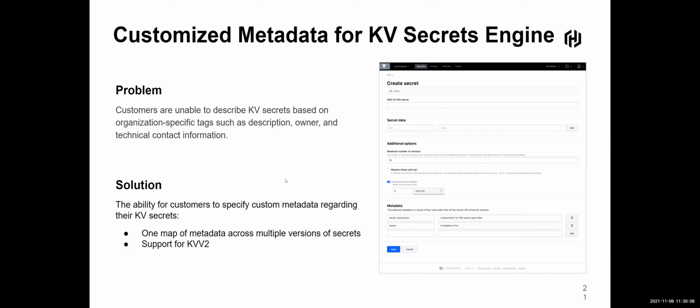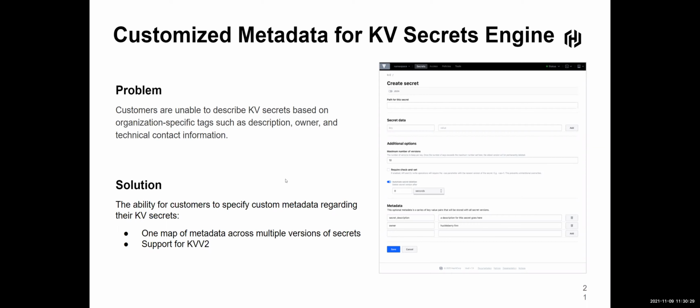So some customers have requested the ability to specify custom metadata for KV secrets. This is to help with providing tags such as description, owner, and technical contact information to help with data management. The tags can be used from a compliance perspective to mark specific secrets as high priority, for example, to track